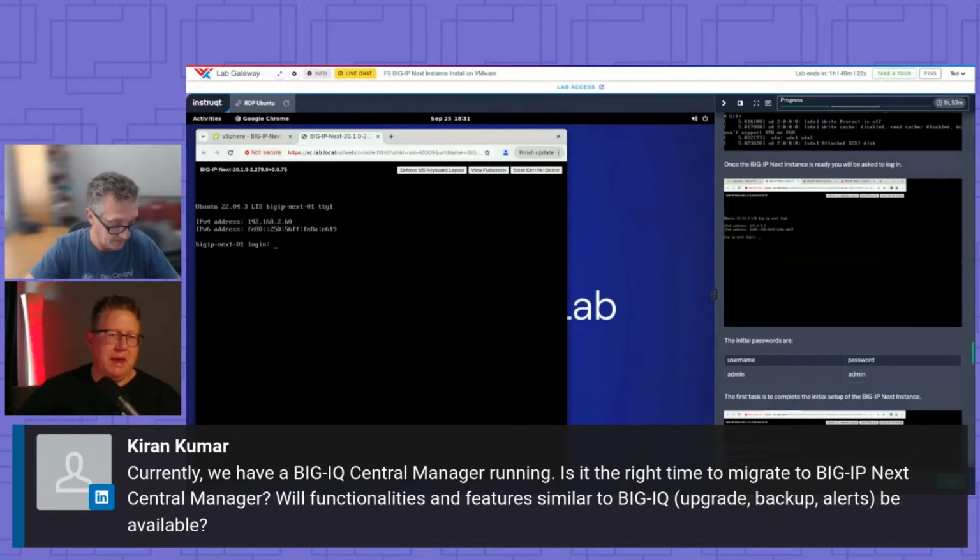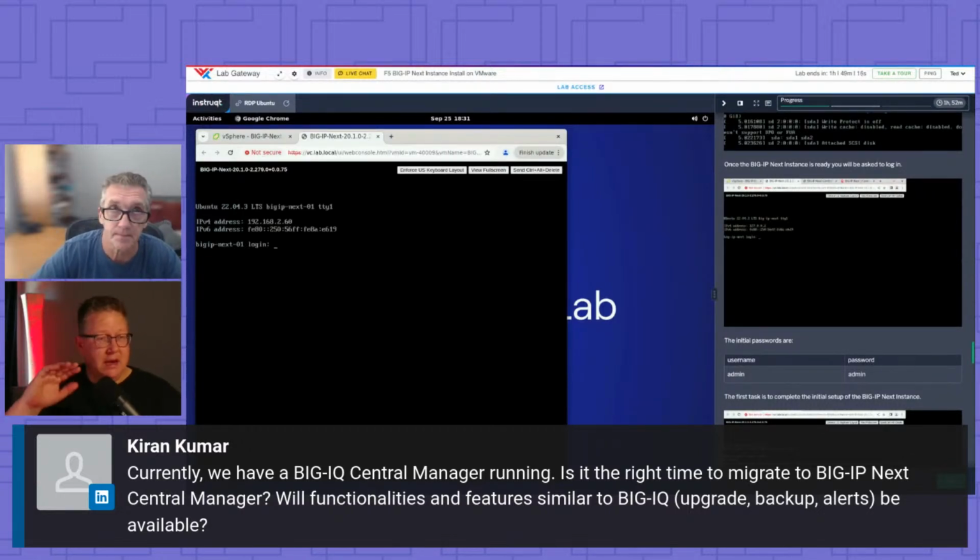It will manage the existing Big IP Classic resources and not Big IP Next. Big IP Next Central Manager will only manage Big IP Next infrastructure. So, there's a line in the sand, and Big IQ is for Classic, and Big IP Next Central Manager is for future, and they won't crisscross and manage each other's assets.